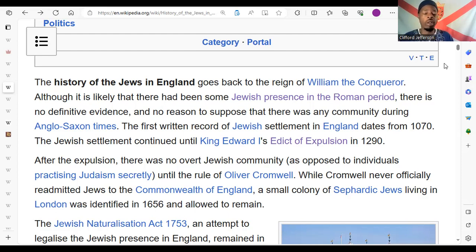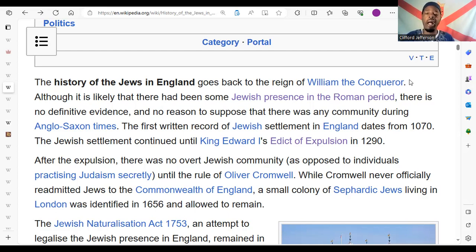was one of the individuals who had the ability to study in what they call King's College, not Point Stuff, not King's College. I think it was Oxford University. All right, William Tinsdale. Everybody needs to look him up. William Tinsdale. So the history of Jews in England goes back to the reign of William the Conqueror, although it